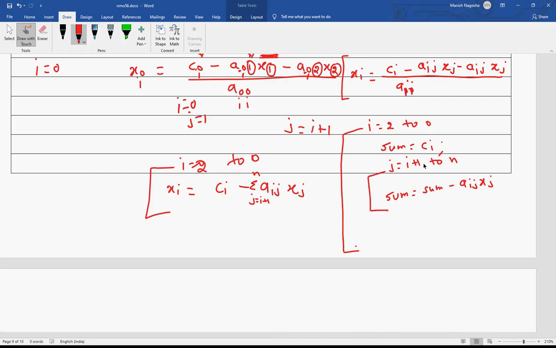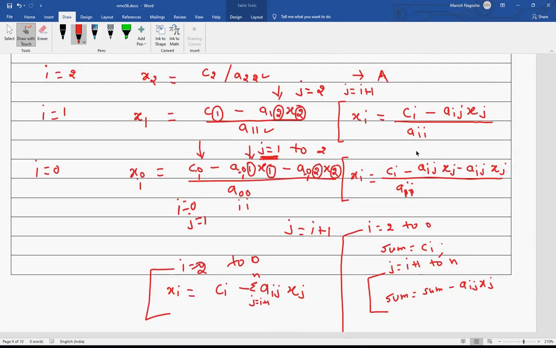Depending upon whether it is the second last row or the last row, either only one term will be subtracted, or both terms will be subtracted, because it is a loop. Sum is initially ci, so from the ci, either 2 times will be subtracted or 1 time, depending upon the value of j.